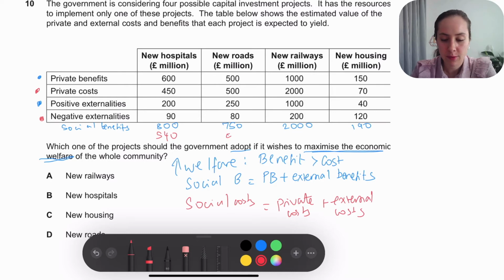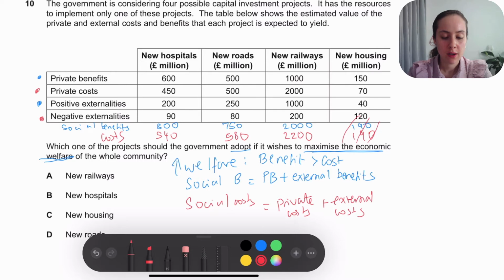and what is this one? 580. I'm going to add them. And 2,000 plus 200, 2,200, 70 plus 120, 190. Right, so we're looking for the one that can add the most benefits compared to the